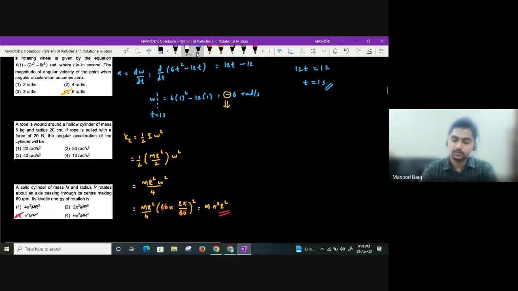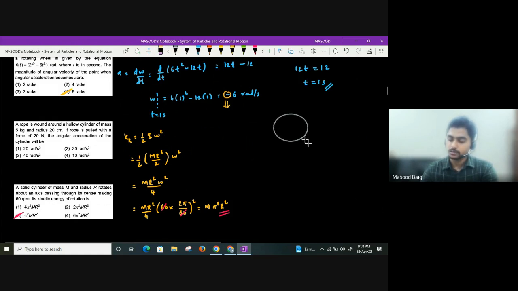Now what they have given, this question is very important. A rope is wound around a hollow cylinder of mass 5 kg and radius 20 centimeters. If the rope is pulled with a force of 20 Newton, they're asking for the angular acceleration. So you consider there is a certain